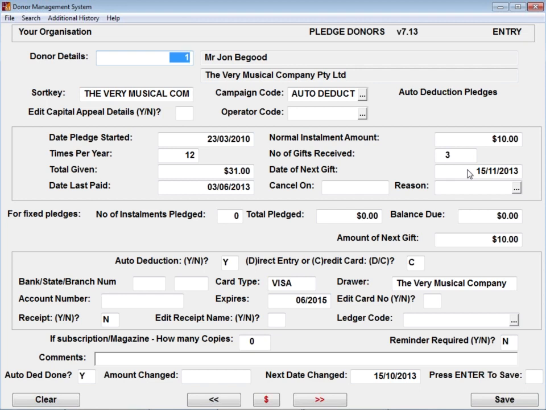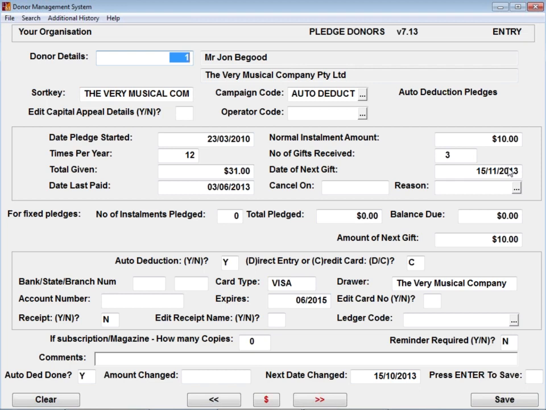If somebody hasn't paid for 3 months or 4 months, whatever's happened, their card's expired, we haven't been able to get hold of them, when we actually do get hold of them, we need to come in and update the credit card details, but we also need to change the date of next gift to be the date that actually is going to be picked up in the next run. So if by chance this person paid in June, and as such their date there would have been the 15th of the 7th, then ideally I'd want to change that to be the 15th of November, like it's showing here at the moment. This one needs to be changed so that when I look at it, I don't say, hang on, there's something wrong, their date of next gift is way old, because if I look at the donor's history, I'll see that there are payments that have been missed.